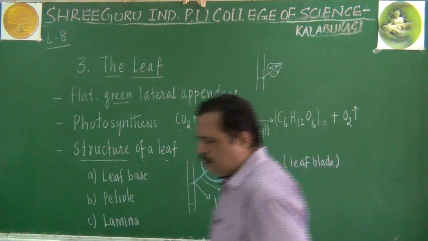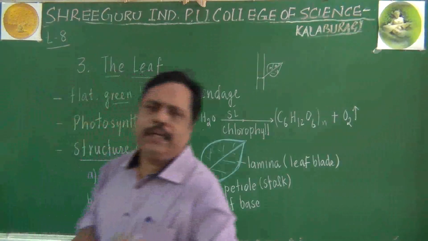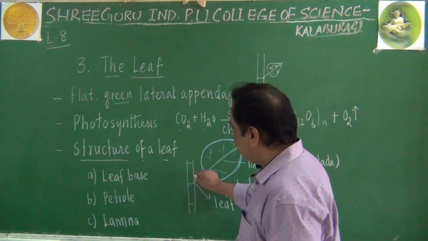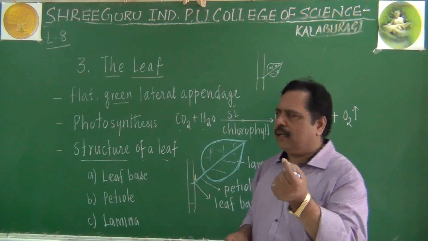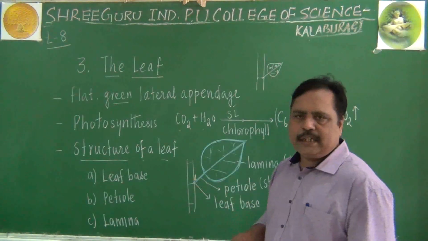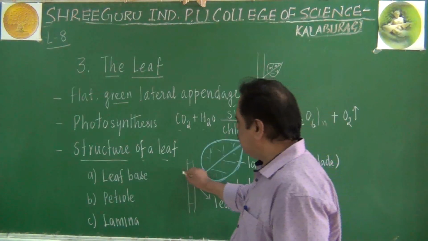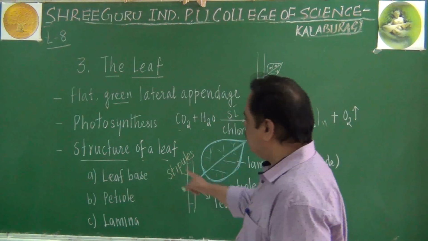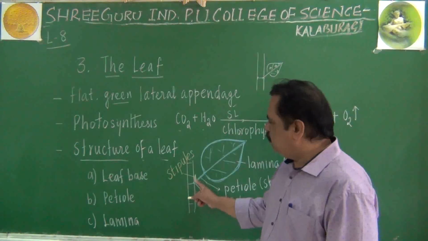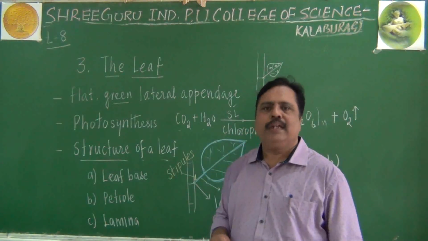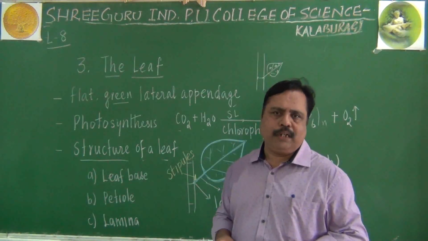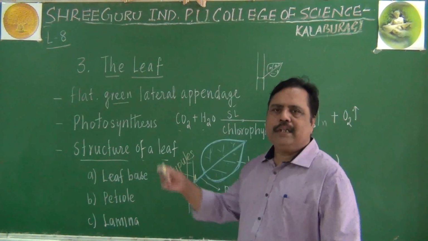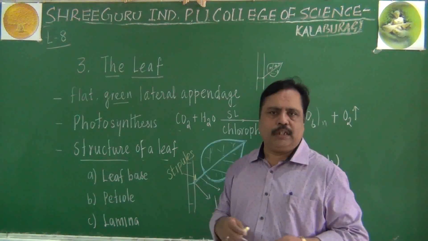sometimes we could come across some hair-like or minute leaf-like structures at the axil like this. Minute leaf-like or hair-like structures will be produced here. Those hair-like structures are called stipules of the leaf. Remember, stipule is not a part of a leaf. It is an extra appendage. This stipule may be present in some leaves, and in some angiosperms it may be absent also.